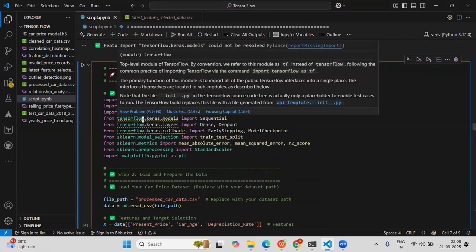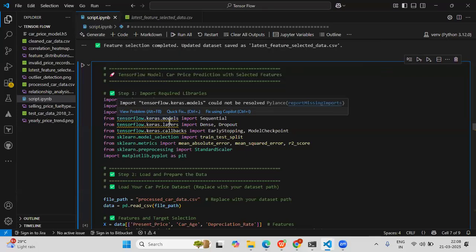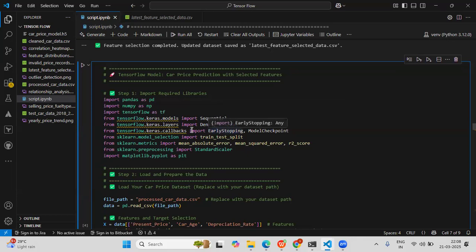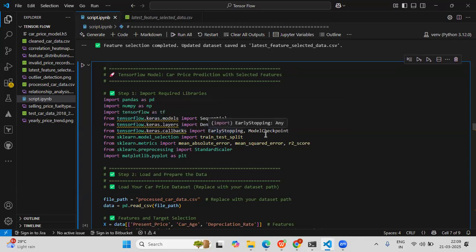And here we are importing the sequential model from tensorflow.keras.models, and also we are importing some layers, Dense and Dropout, and some callbacks also, EarlyStopping and ModelCheckpoint. These are similar kinds of activities to the imports in the linear regression model.